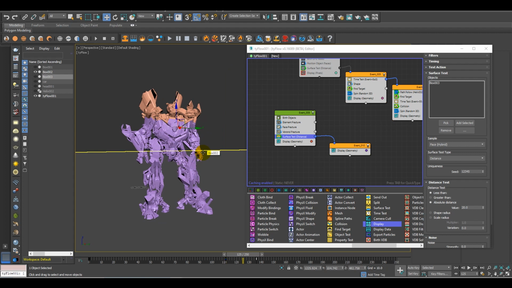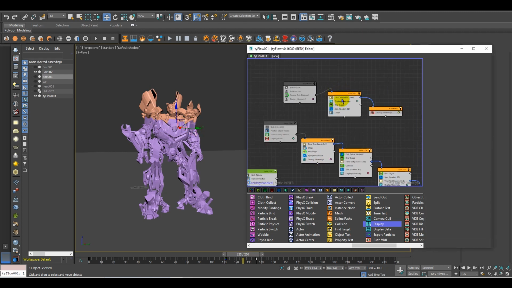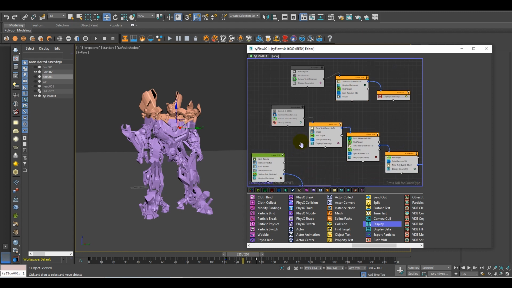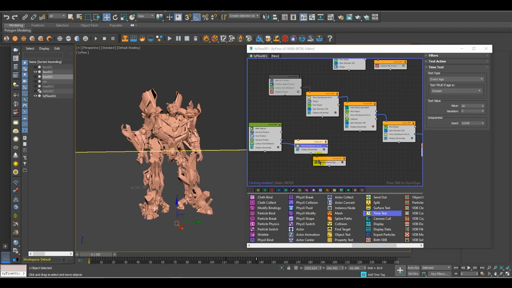Also, to give a bit of randomness, I will use the same technique that I had used over here. So just simply add a time test. Just keep it to 0 for a while.